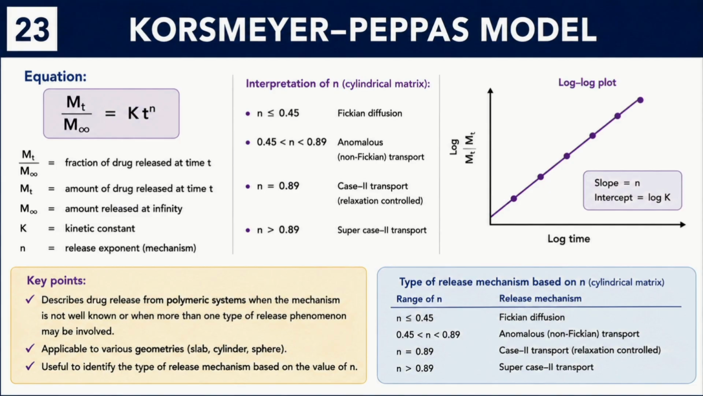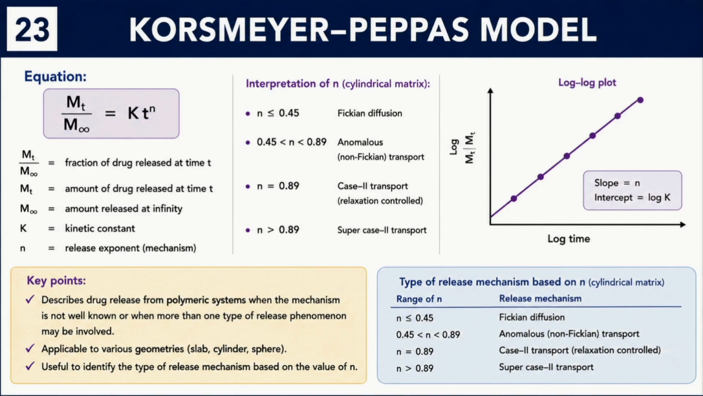Korsmeyer-Peppas model. So the Korsmeyer-Peppas model is particularly useful when the release mechanism is not clearly identifiable or when more than one mechanism may be involved. Okay, so the equation is Mt/M∞ = k·t^n. Here Mt represents the amount of drug released at a particular time, M∞ represents the amount of the drug released at infinite time. K is the kinetic constant related to the dosage form and the drug release characteristics here, and n is